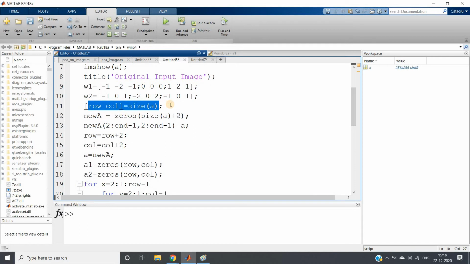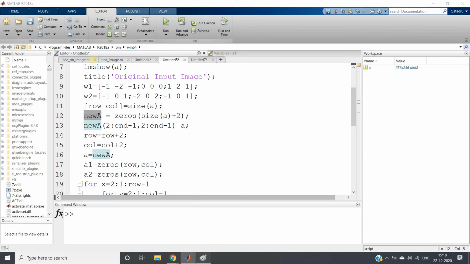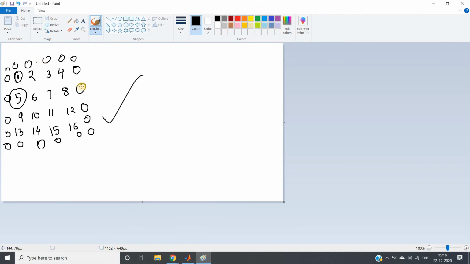I am computing the size of my original matrix, and I am creating one 0 matrix which has 2 more rows and 2 more columns compared to our original input matrix. Because you can understand, when you are padding 0, this new matrix will have 2 more rows, that is upper row and lower row, and 2 more columns, that is left side column and right side column, compared to our input matrix.